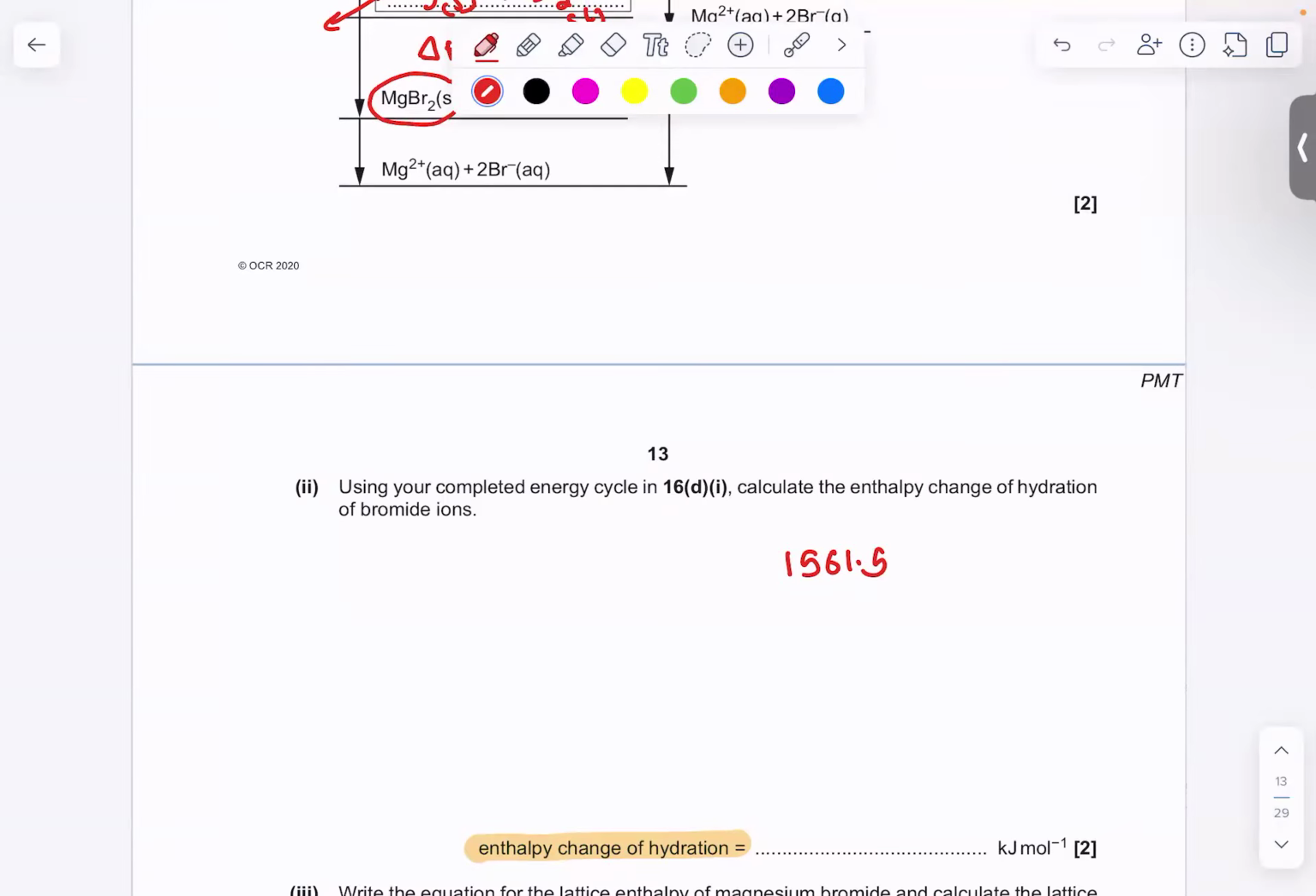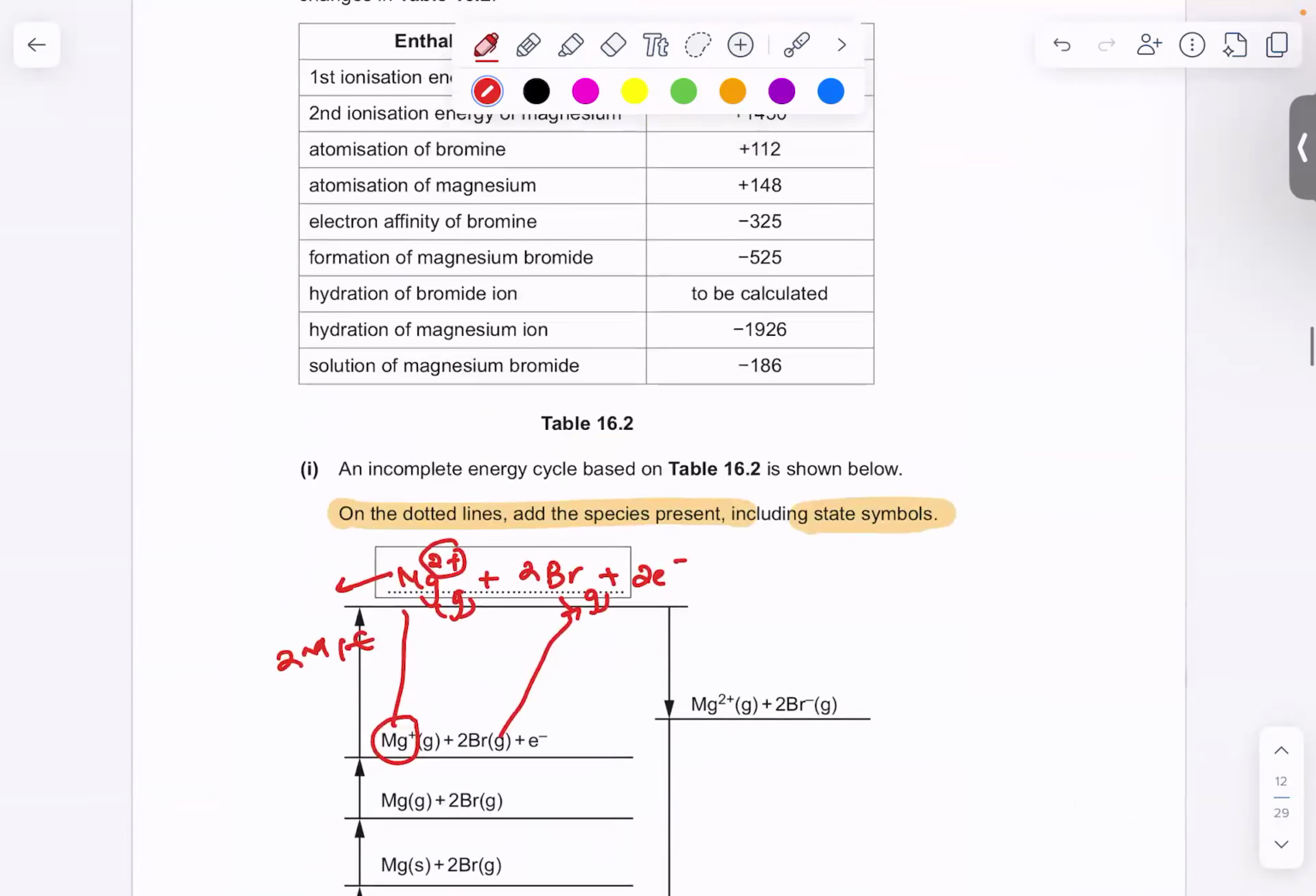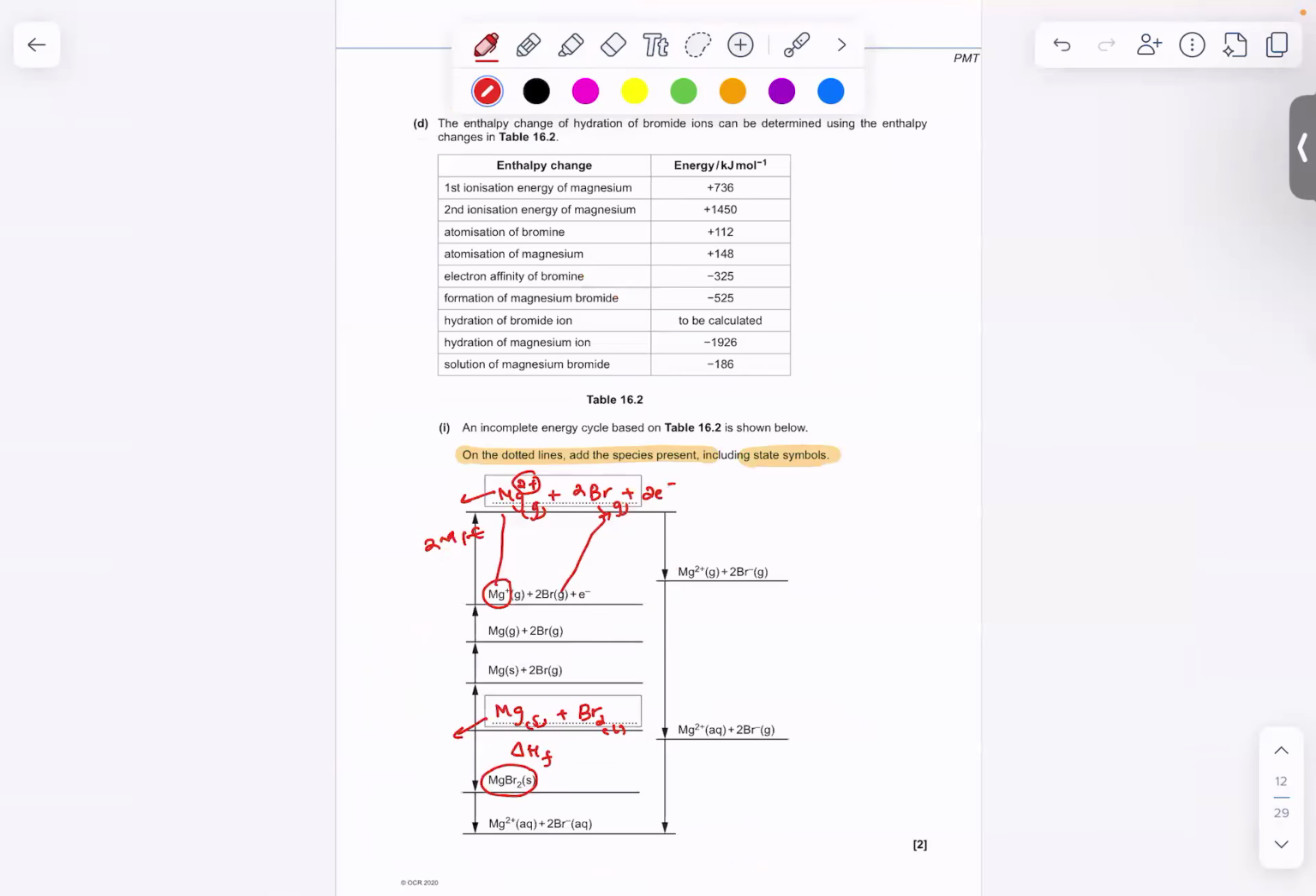No, I have calculated it differently. Let me check. Let me write it. So this would be, the first one is minus 525. The other one would be 112 times 2. So this would be 2 Br. So that means 112 times 2. Okay. The other one is